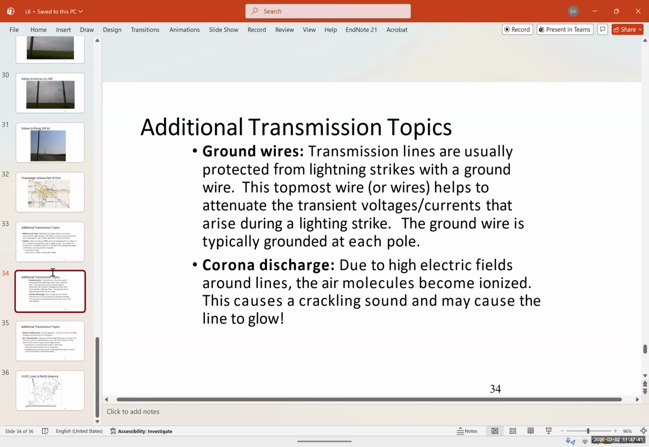And then we have the corona discharge. This is very important. Due to high voltages and the high electric field around the lines, the air molecules become ionized. This causes a crackling sound and may cause the line to glow. So if you put them too close to each other, it's going to create sparks, and it's going to create a lot of problems. Actually, this corona effect is used to